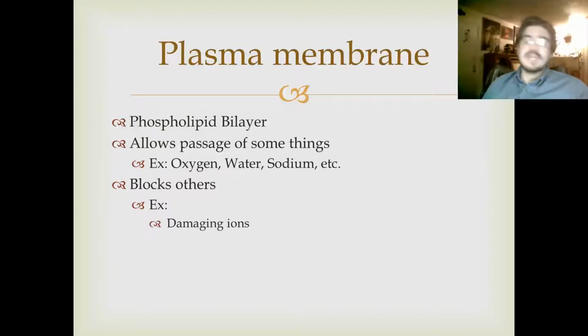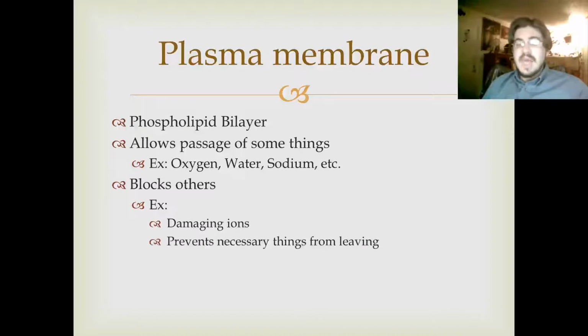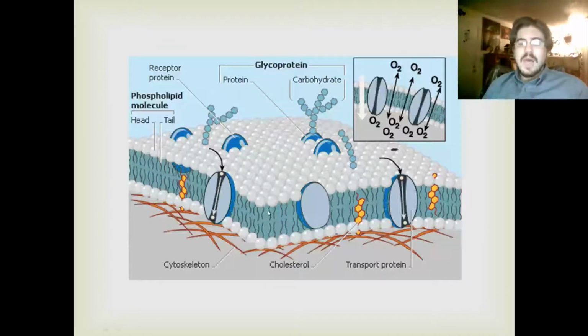For instance, damaging ions can't enter the cell, and necessary things like important nutrients can't leave the cell. So here we go. This right here is a phospholipid. A phospholipid is a type of fatty molecule in which we have 2 fatty acid chains attached to a phosphate head. Now what's cool about phospholipids is whenever you get a bunch of them together and sort of shake them up and throw them in fluid, they organize themselves into this funky cool structure where you have all of